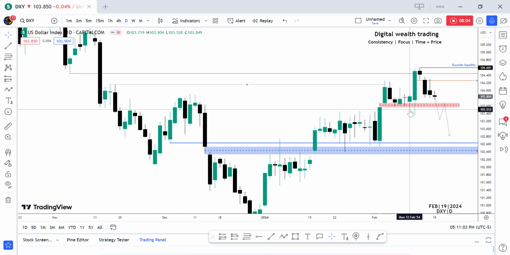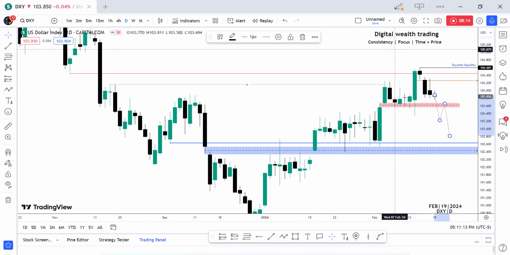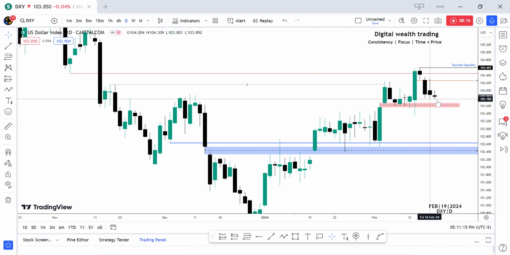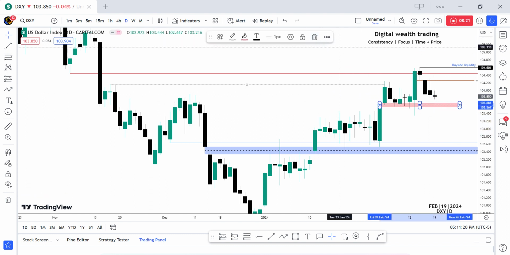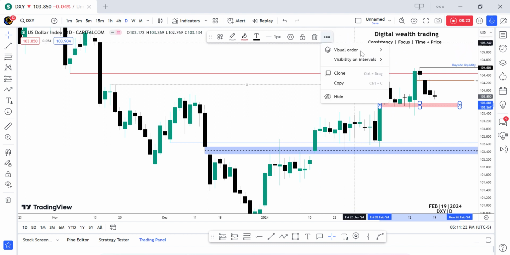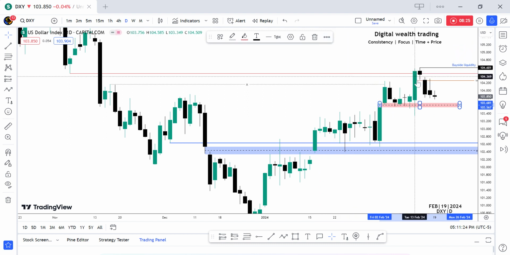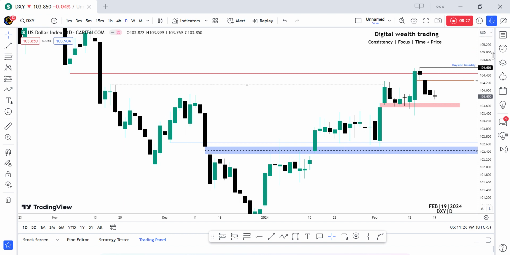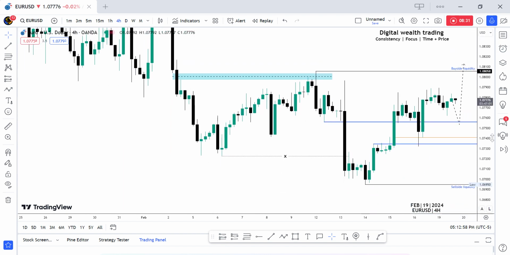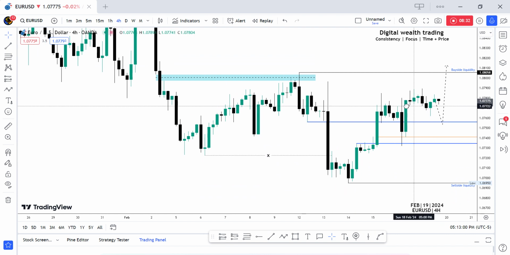So it's very effective. You can see it's very effective because you can see how price is sitting on it, right? So that is it basically for the daily contract on the XY, which is the dollar index. So let's go to the hourly contract. So this is the 4 hourly contract for Euro